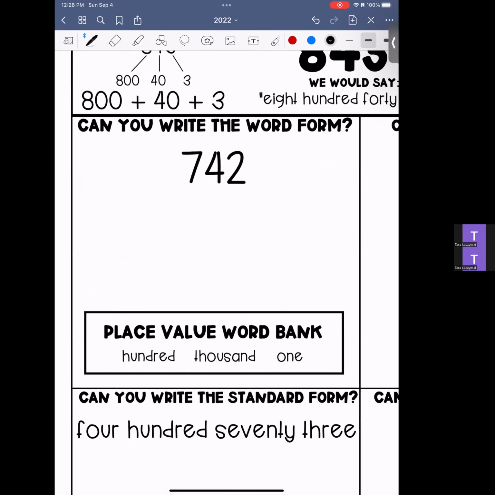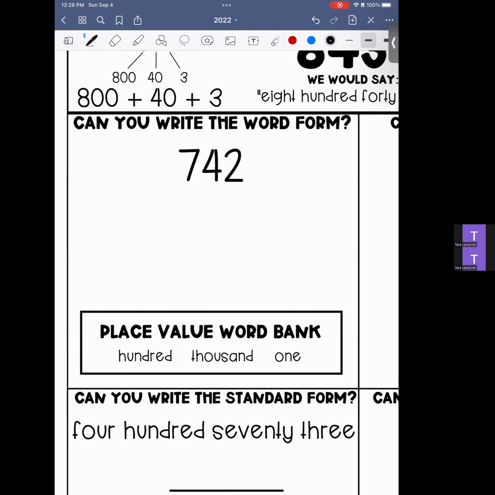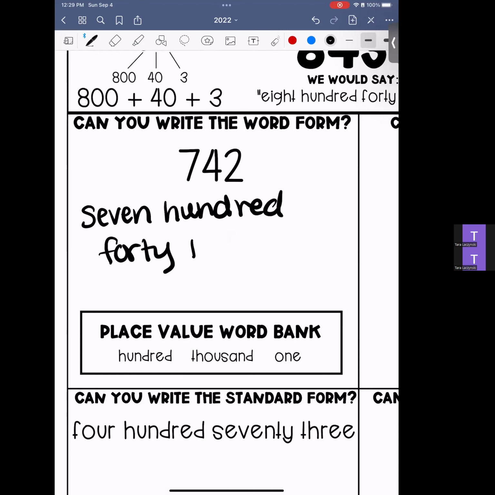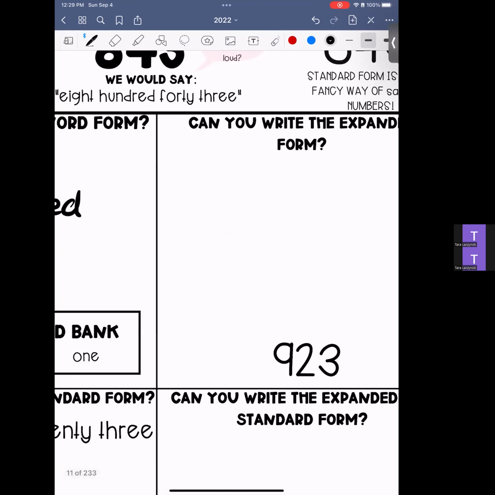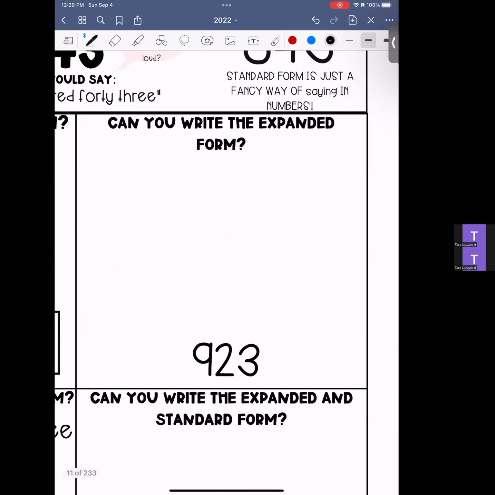So the first question that we have here is, how would you write this in word form? Now, the easiest way to do this is simply to say the number out loud. You are going to say the answer as you go. So for this one, we have 742. We know that that's not how we would read it, though. We would call it seven hundred forty-two. So if we wanted our word form, this would be seven hundred forty-two. Now looking at our expanded form for this one, we have